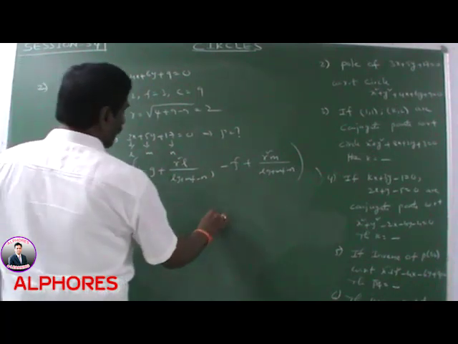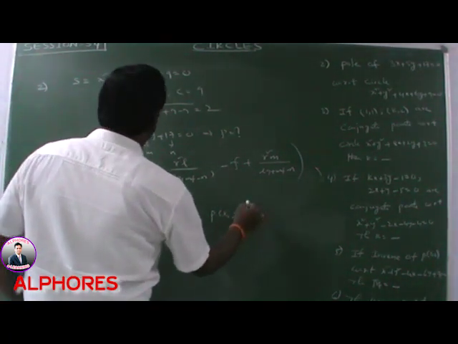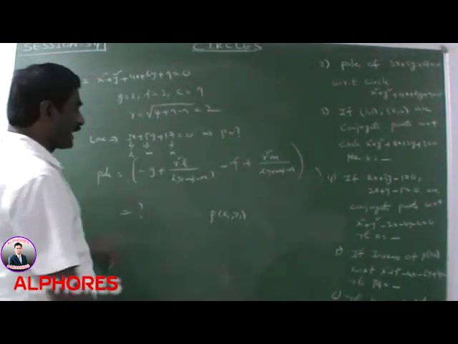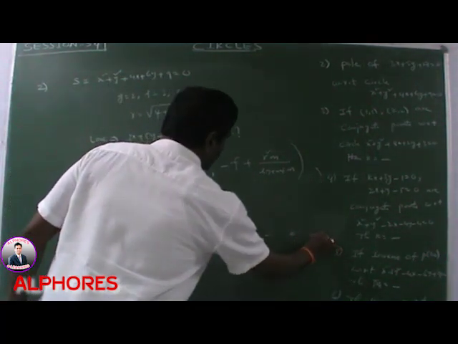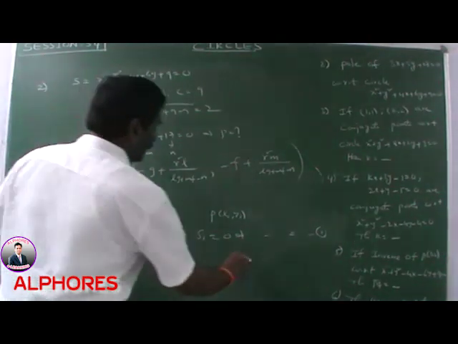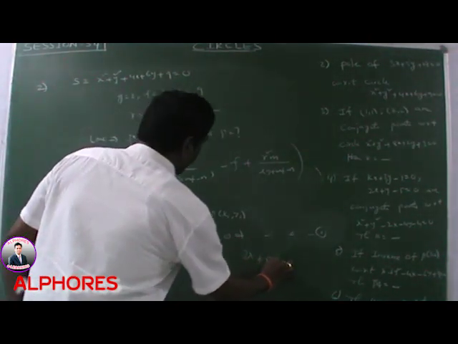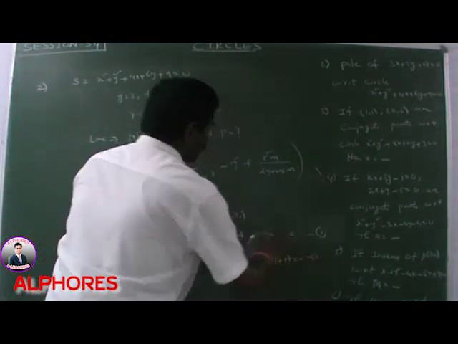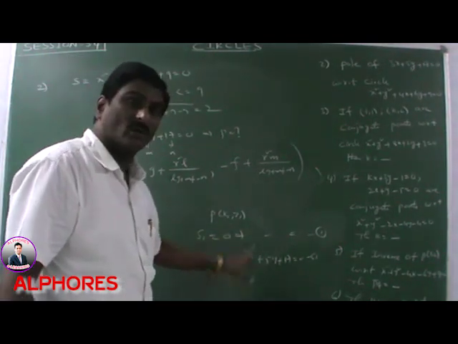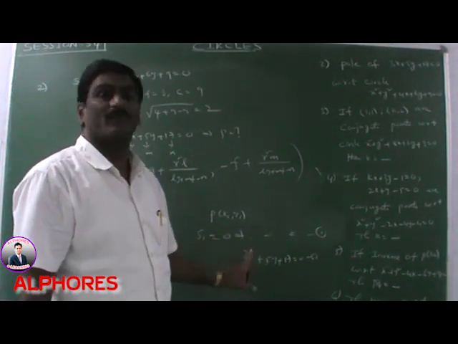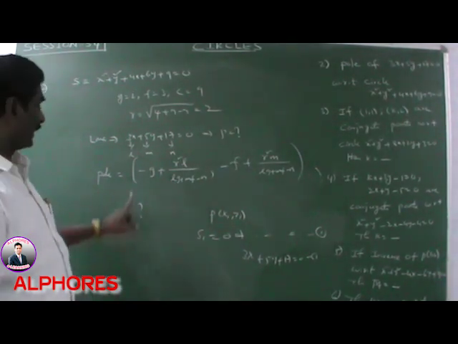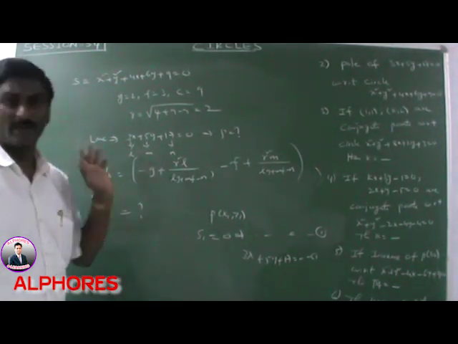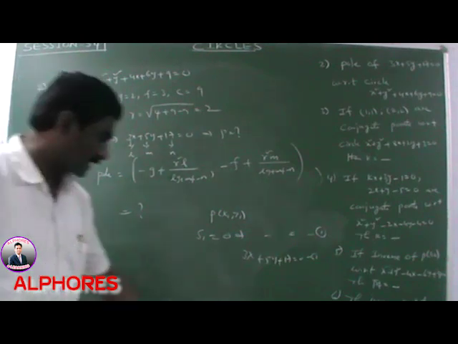Say P(x1, y1) is the pole of this line. Then the polar equation is nothing but S1 is equal to 0. Find the S1 value. This is equation number 1. But from the given value, the polar equation is 3x plus 5y plus 17 is equal to 0. These two are identical. By using A1 by A2 is equal to B1 by B2 is equal to C1 by C2, we find x1 and y1. It is another method. Okay, the earlier one is a direct formula, and this is an alternative method. Please note this value.